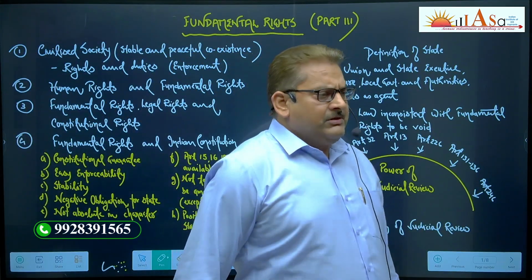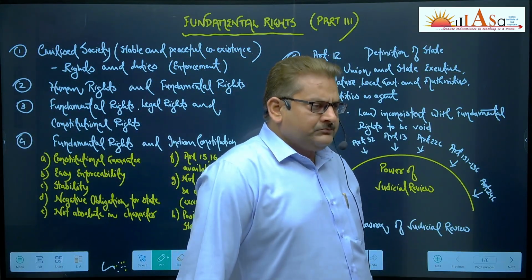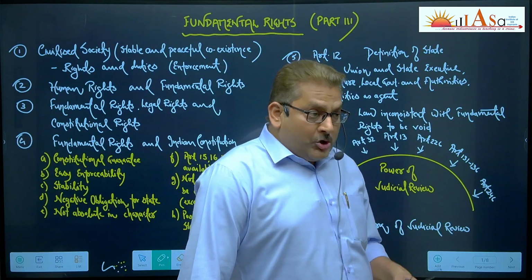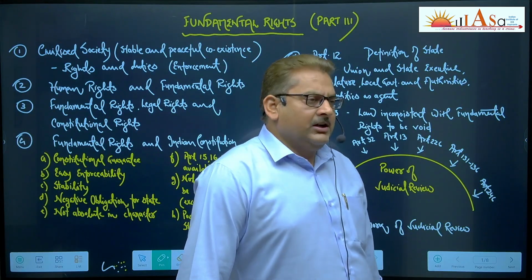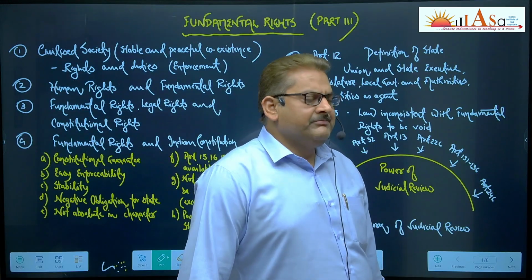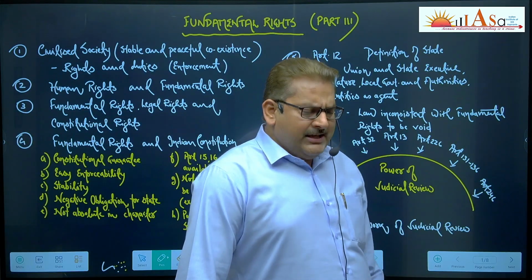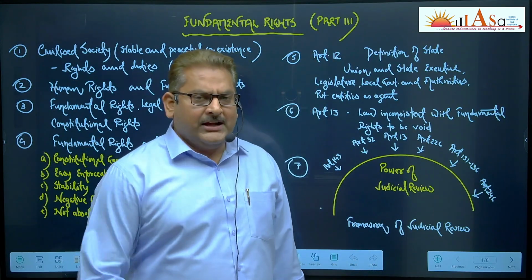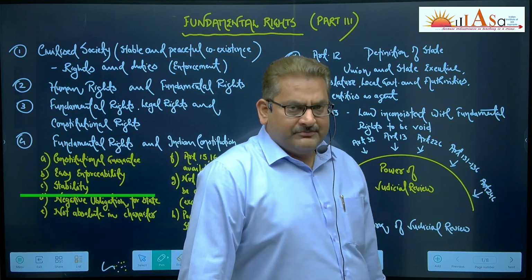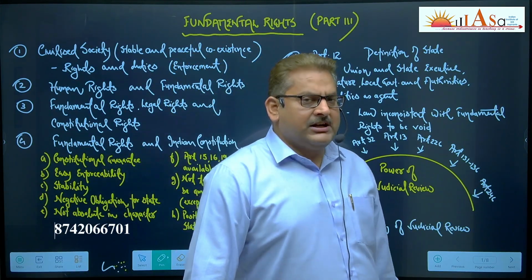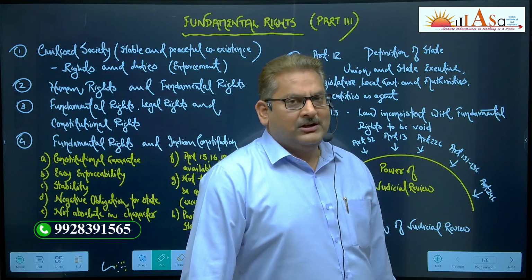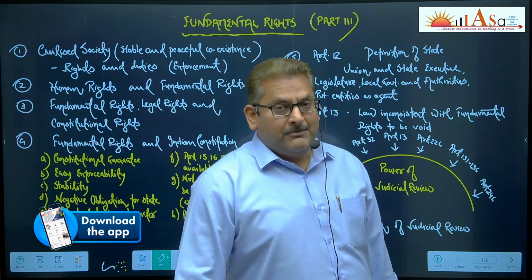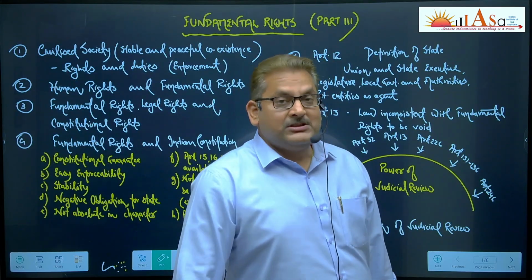One more thing that I would like to discuss here: one of the important constituents of good governance in a democracy includes striking a fine balance between the authority of the state on the one hand and the freedom of people on the other. It is here that fundamental rights come to play a very important role. If you remove fundamental rights, then your welfare state, or democratic state, will become a police state.